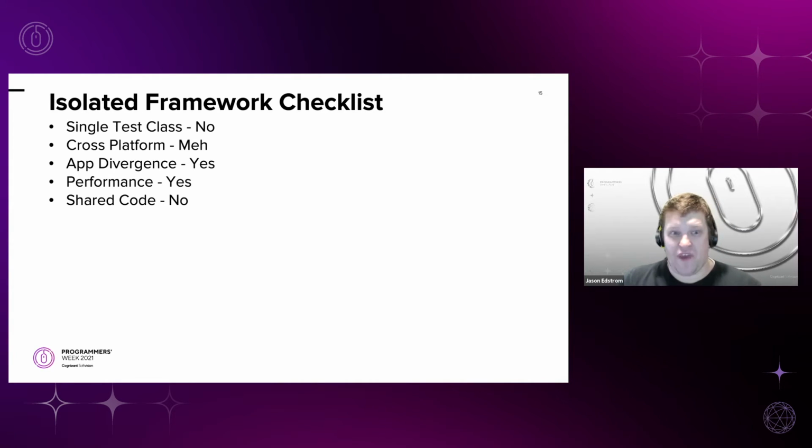It's because of the fact that you duplicated your framework source. So I give it a maybe, the old college try, but I don't give it a lot of credit. App divergence, it handles it because of the fact that it's double platform or double framework. The performance is there, but the shared code is not as good as what we would want it to be in order for it to be acceptable.